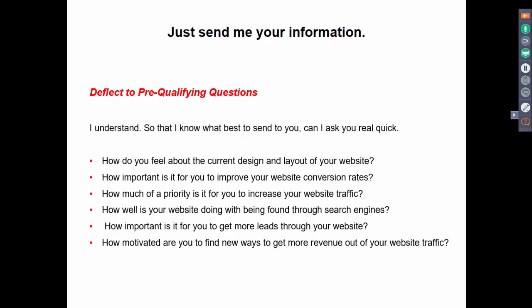You're almost using their objection as a reason to get into your line of questioning. So someone says, yeah, I don't have time for this right now, just send me your info. Hey, yeah, I'll certainly do that, so that I know exactly what to send you. Can I ask you real quick, how important is it for you to get more leads through your website? And so again, you go through that process where if you get a good answer, maybe you could schedule the